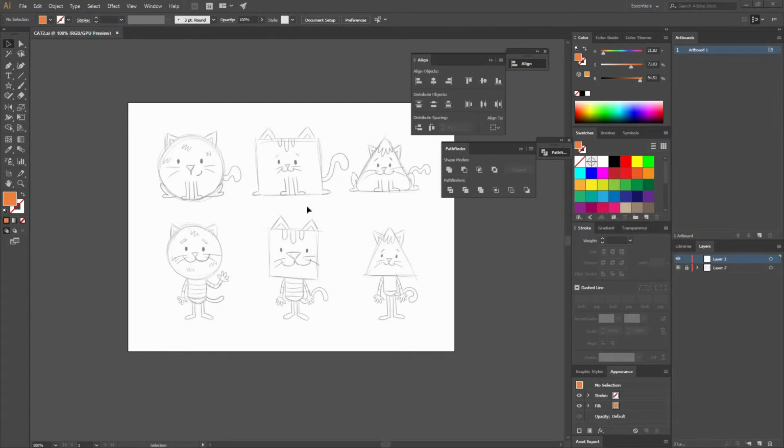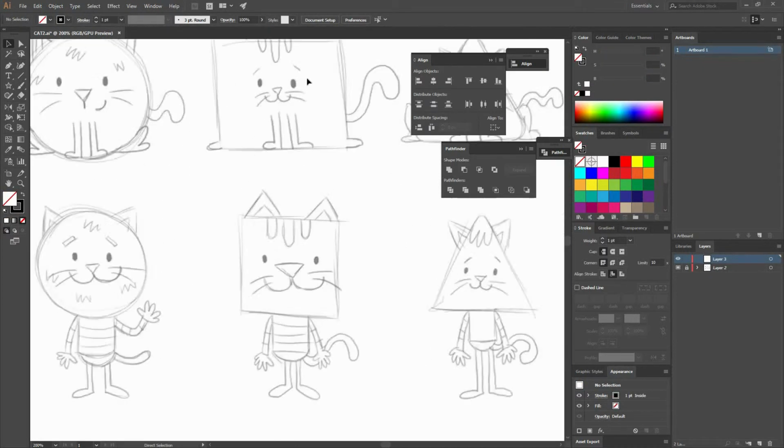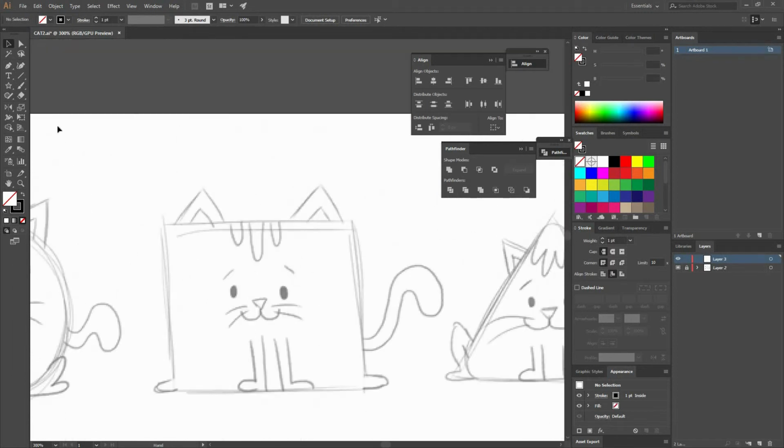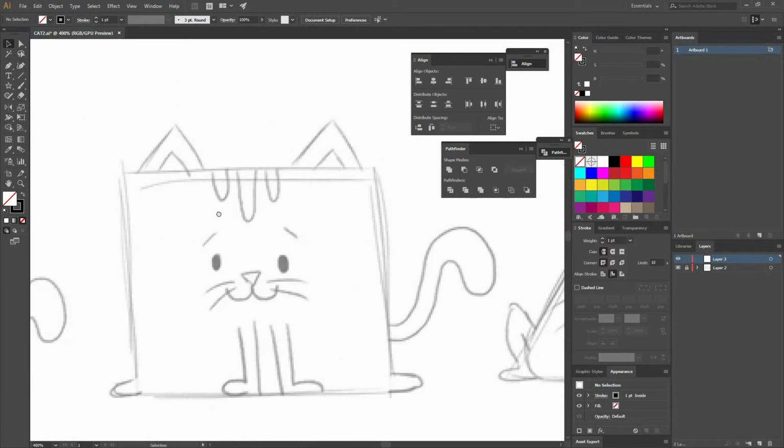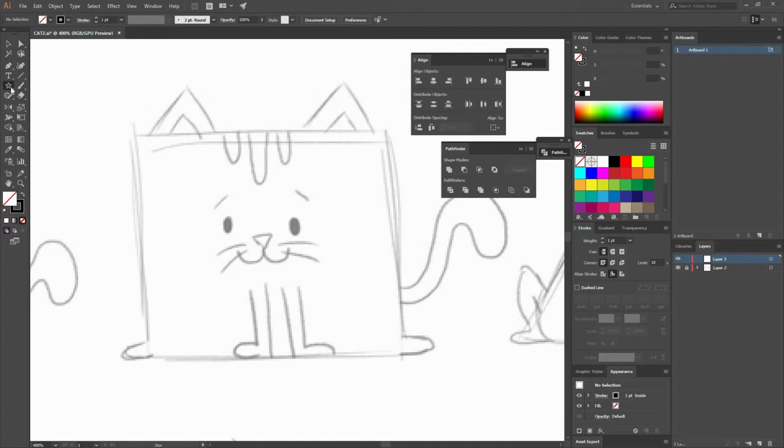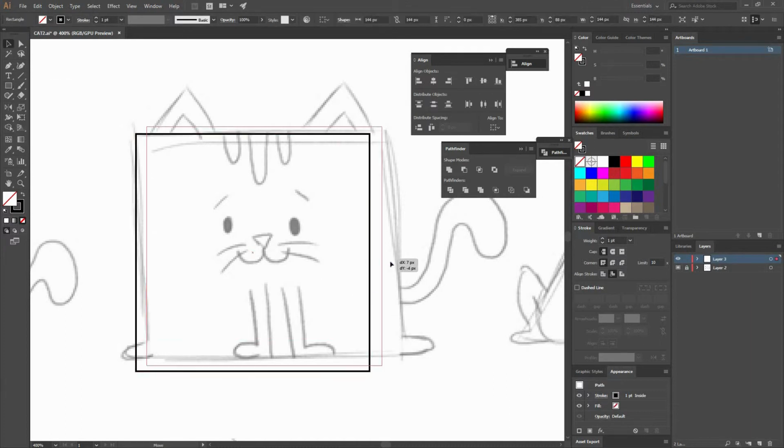In this lesson we're going to keep working on our second cat. So just as before, I have placed my sketch there, and I'm going to go here to create the second cat. I'm going to go to my shapes, and again remember that I'm making this out of basic shapes, so I go to my rectangle and press Shift to make it a square, and move it a little bit.